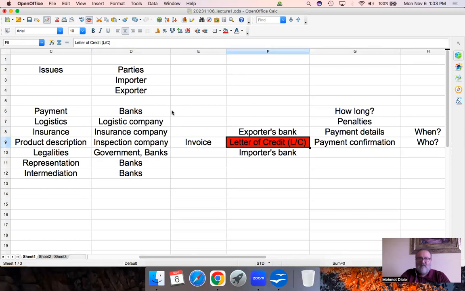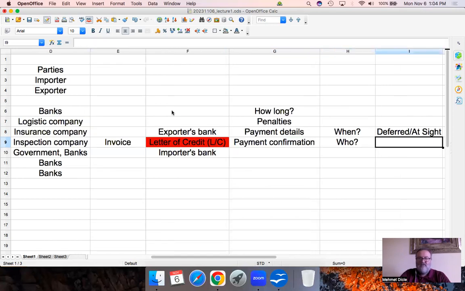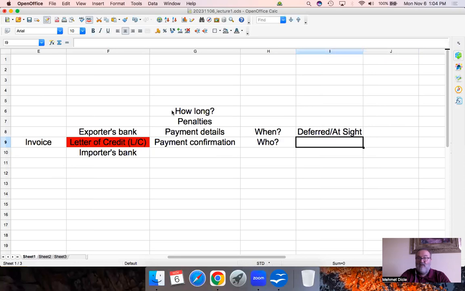However, the requirements of the LC that requires the exporter to finish at a certain date and then deliver them onto the ship without harm and without any damage and in good condition and all that, those stipulations of the LC will be considered done, fulfilled. So